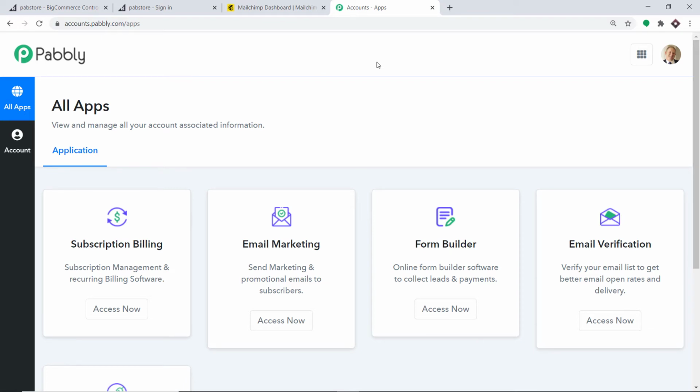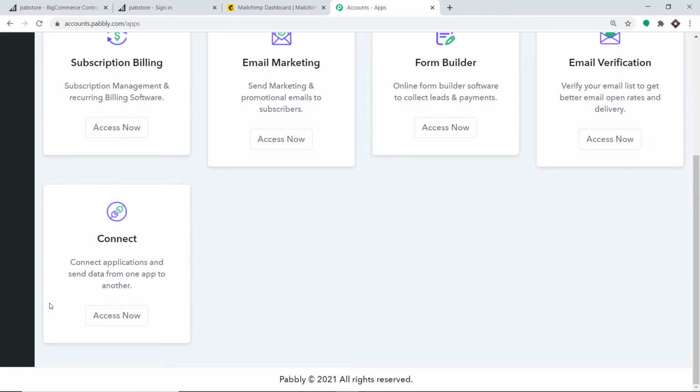As you can see, I already have made an account in Pabbly Connect. You can also create your own free account in just 2 minutes. Here I would like to mention one more thing, that Pabbly Connect offers a plan where this integration can be tried out absolutely free. So you just have to clone the template of its workflow, which is available in the description box. Once you clone the template, you will get immediate access to this amazing workflow in your account. Okay, so scroll down and at the bottom you will find connect. Here click on access now.